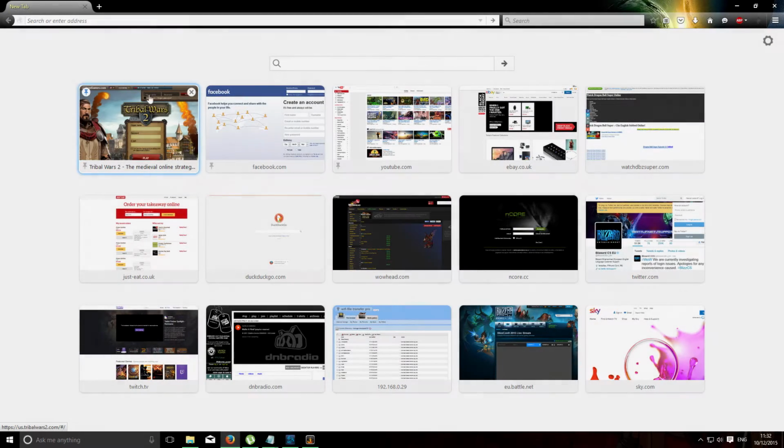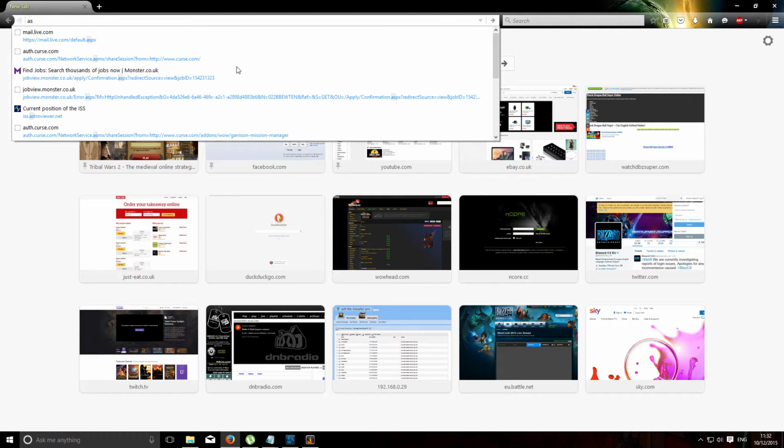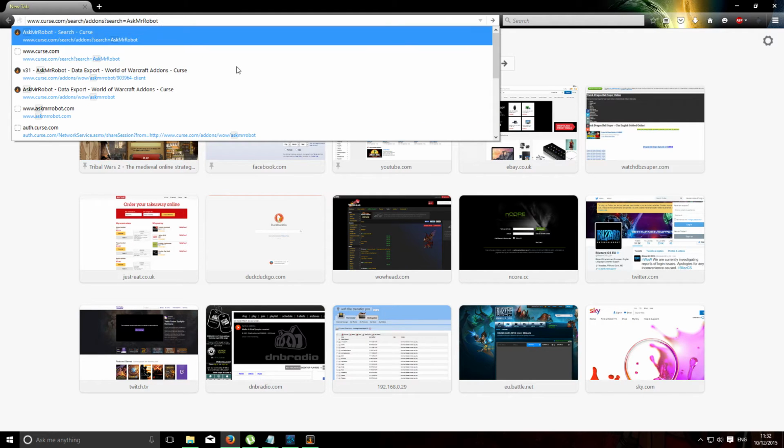Ask Mr. Robot is a very helpful and nice website which can tell you what priorities and what stats you should stack for your character, and to use it you are going to need the add-on downloaded via Curse, or you can just find your character by hand. So if you just type in your browser Ask Mr. Robot,